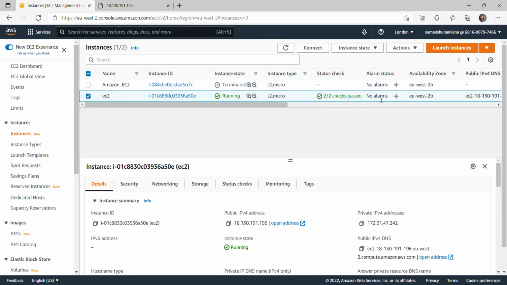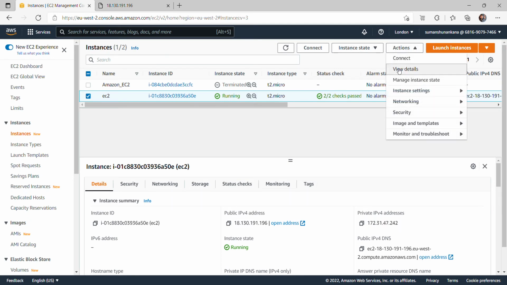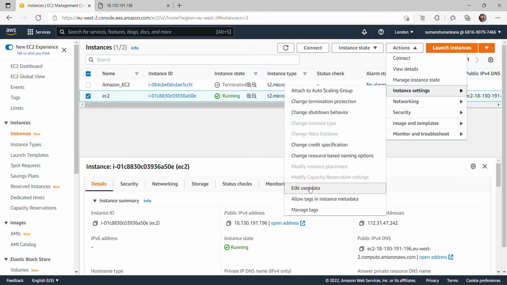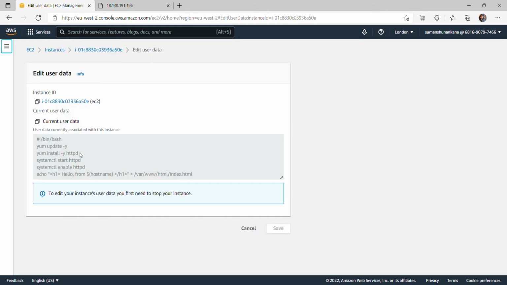Maybe because of spaces. So basically what I did after stopping the video is just go to here. I stopped the instance, went to edit user data, deleted everything and wrote the same script again. That's it. Nothing else I did. Maybe some space issues probably created the issue. Otherwise